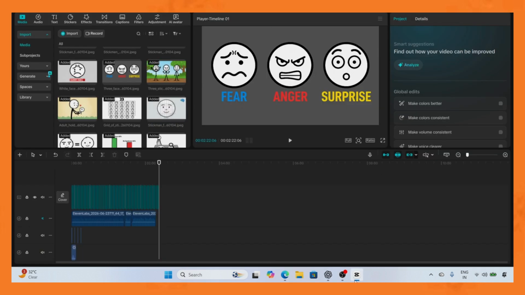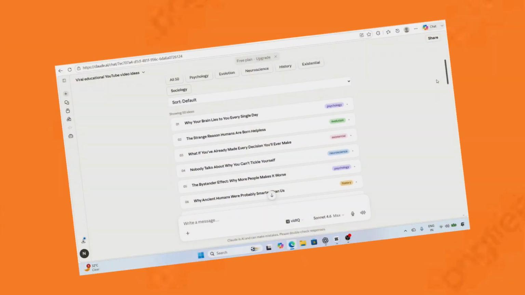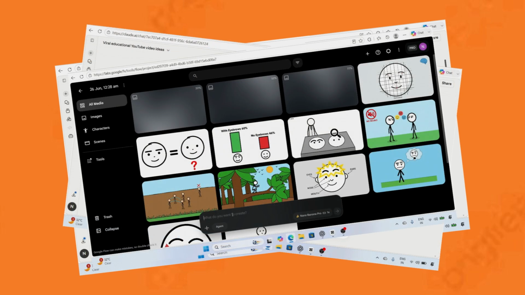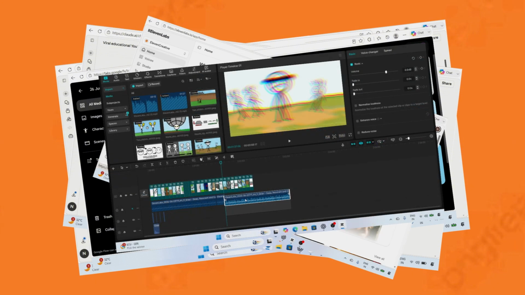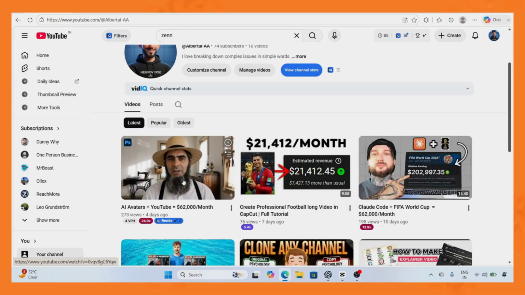So let's recap the full process. You start with a viral topic, generated by AI, chosen by instinct. You build a structured, story-driven script using a proven prompt. You generate custom visuals scene by scene. You create a natural-sounding voiceover. You edit with intention, keeping the pace tight and the viewer locked in. And you top it off with a thumbnail and title combination that no one can scroll past. That's it. That's the whole system.